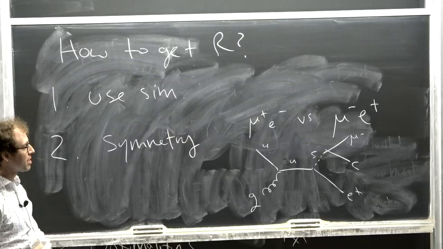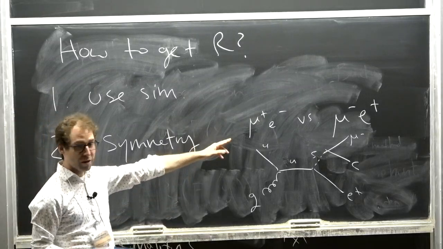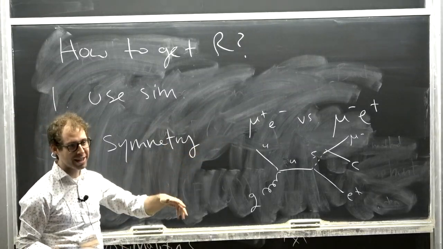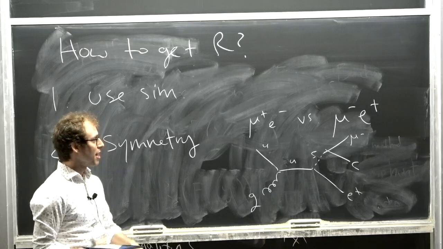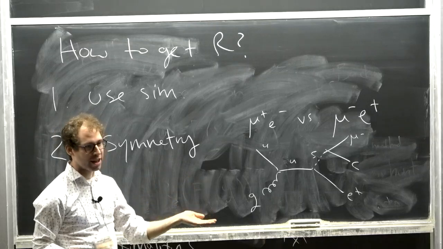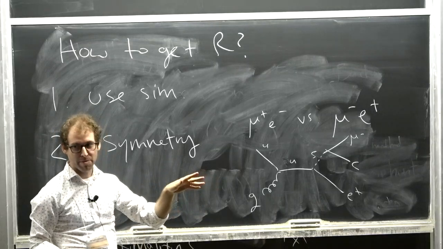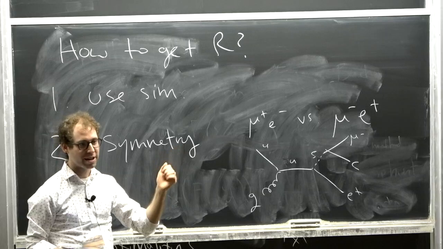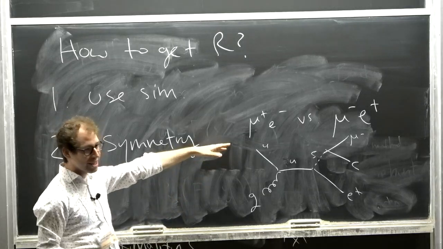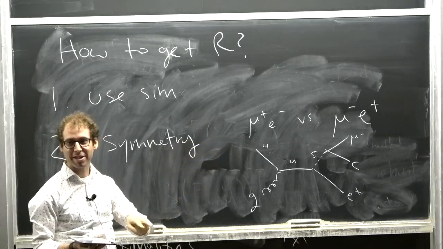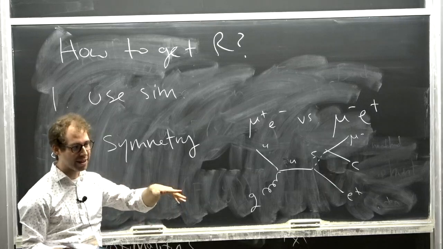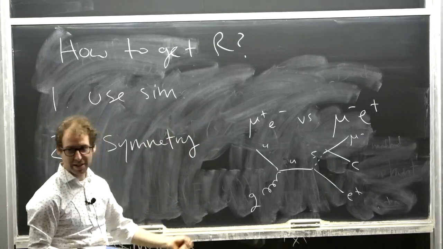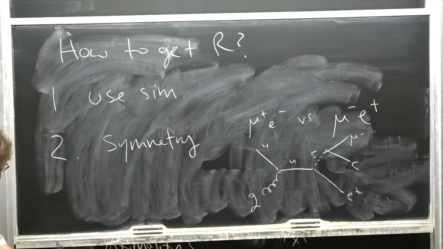So for instance, in the standard model, these two processes are about the same. But in practice, it's a little bit different because, for instance, the electron and the positron don't interact the same with matter because we're all matter and not antimatter. And so the efficiency here is not the same. You have to apply some corrections to actually account for the fact that these are not exactly the same in practice. OK.